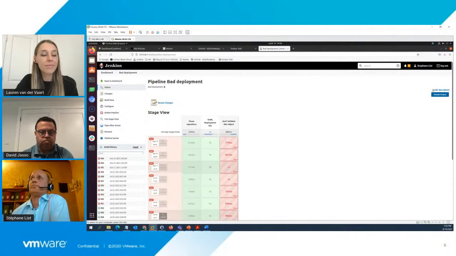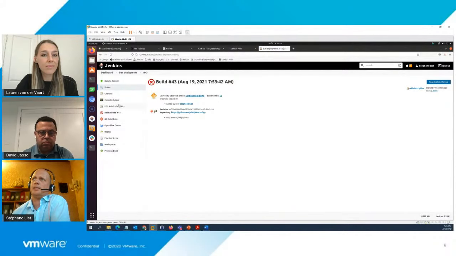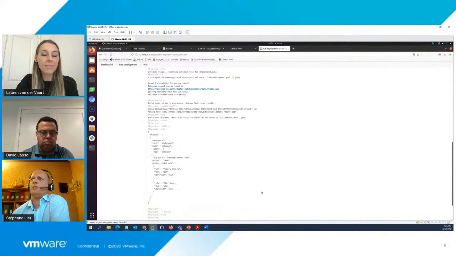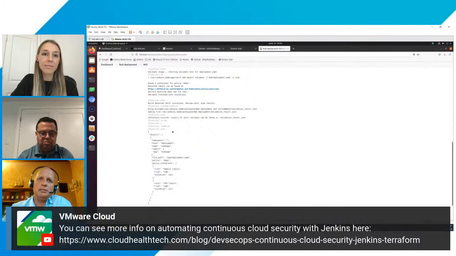So for the bad deployment, if I click on it and look at the console, what I will see is that I have deployed an application, but there was no memory limit and no CPU limit. So there have been some violations. It has been blocked here by Carbon Black.